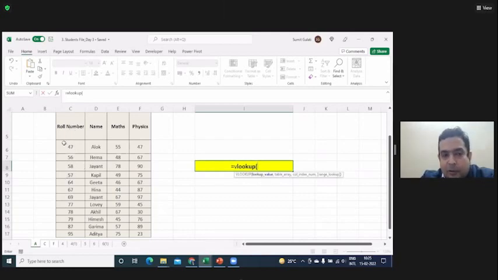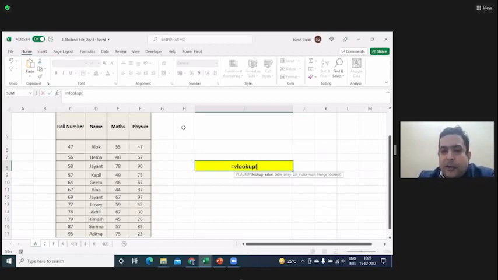Lookup has to happen in the leftmost column of the array. So from roll number you will look up, and from there, on the right side, whichever column it is. And the false and the true depend on whether you wanted exact or approximate. If you allow approximate, that means if 59 does not happen, you want him to still give the answer, but against the nearest smallest. Then you apply a true. Okay. Thank you.